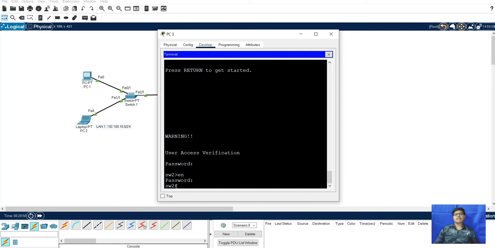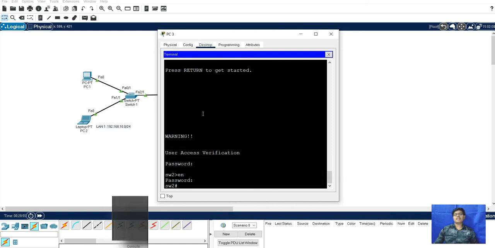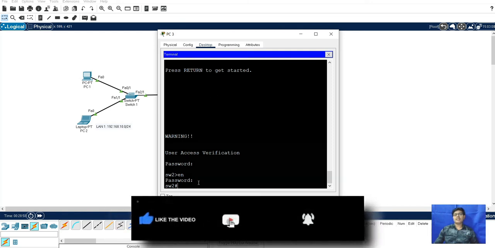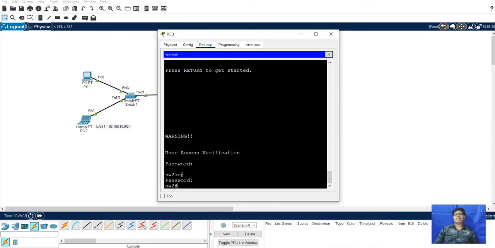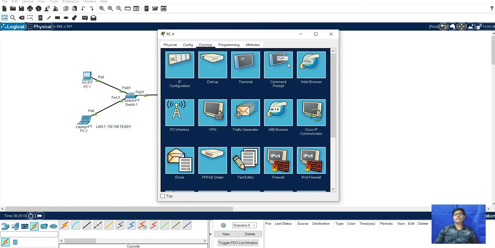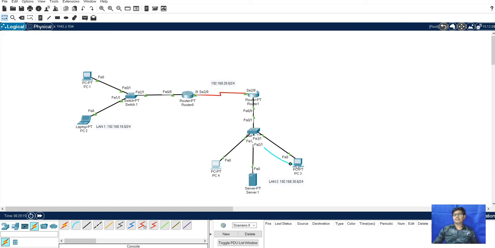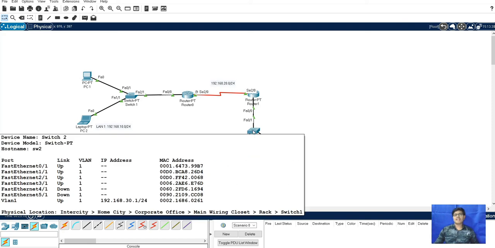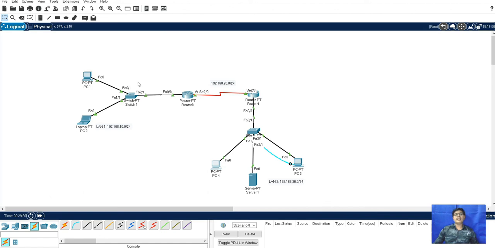When we enter the command prompt and type telnet, it will take the VTY, and if we go in terminal, this will ask the password of the console. For this we can check the ping connectivity here, and from this we have configured this. So the telnet, console and VTY can also be accessed from this PC. VLAN 1 can access the connection of this, and the server can be accessed from this.